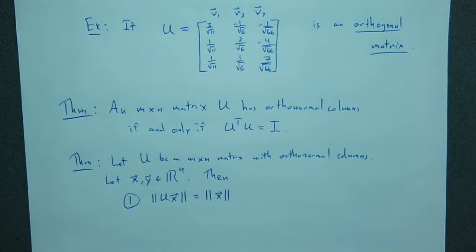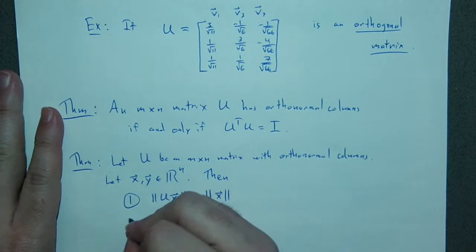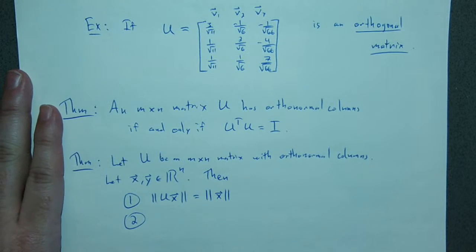This says that if U has orthonormal columns, or if U is an orthogonal matrix, so that M and N are the same, then if you consider the transformation that has such a matrix as its standard matrix, it preserves length, and there's a special name for that. It's an isometry. Okay. Secondly,